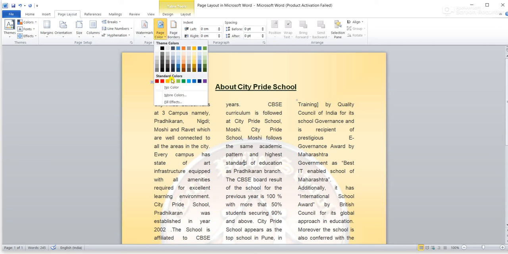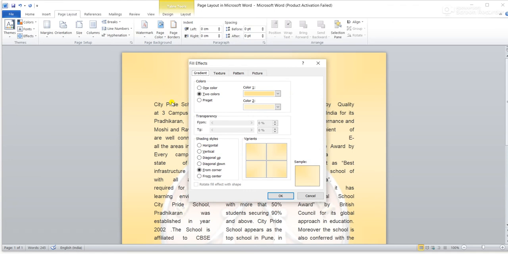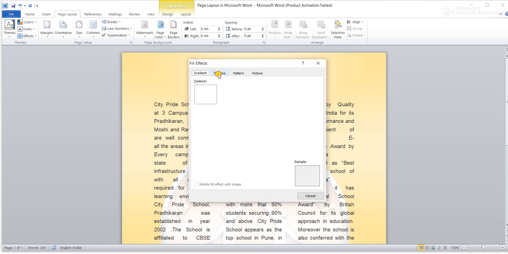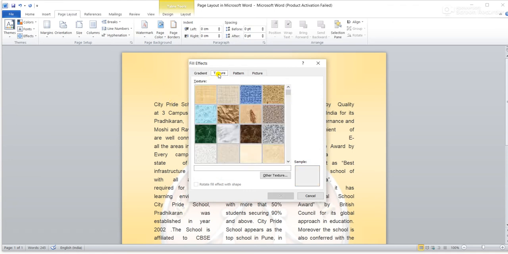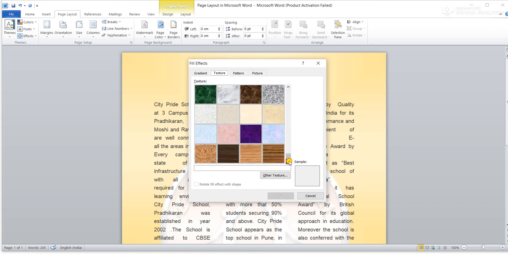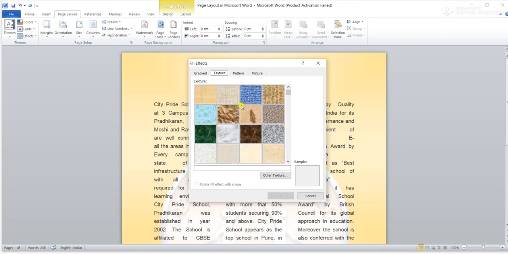Again we can give texture to the document. You have to go to fill effects again, and here in fill effects we have texture. Many textures are available. If you scroll down you will get many textures here. If you want some other texture, you can use it, but I'll use the first one only.